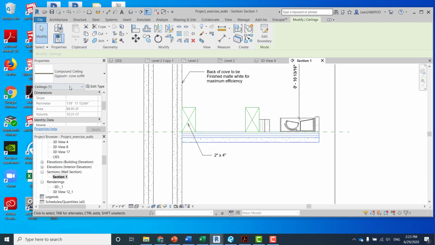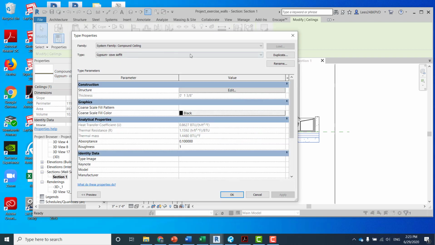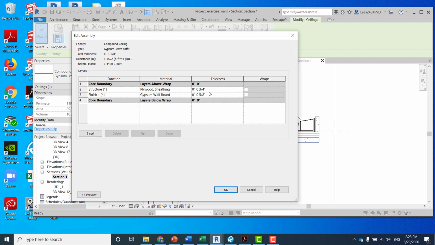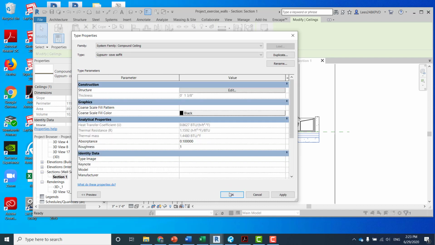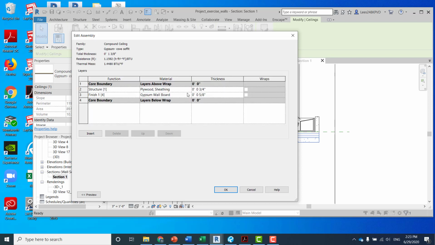So to build that one, you can use any compound ceiling, and you can do edit type. So duplicate and create, give a new name over here, and over here under edit, make sure you have structure as plywood, okay, 3/4 inch, and finish gypsum wallboard 5/8 of an inch. Do that, and actually when you're doing that,